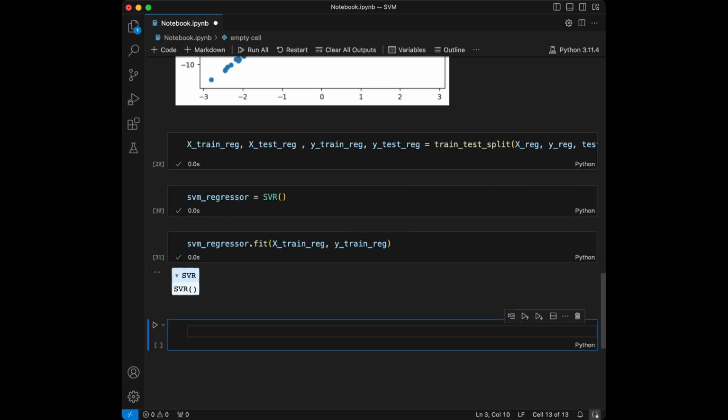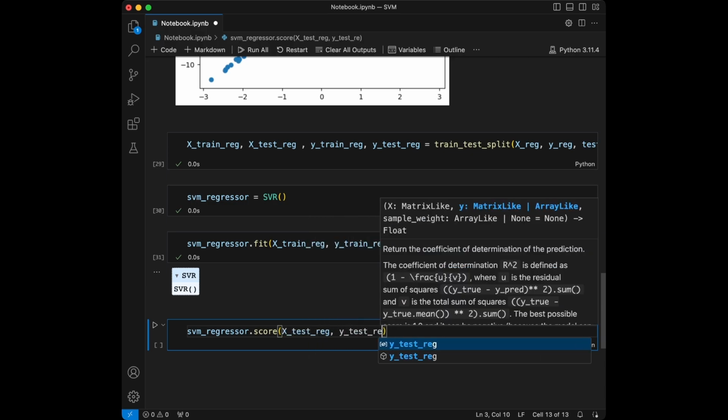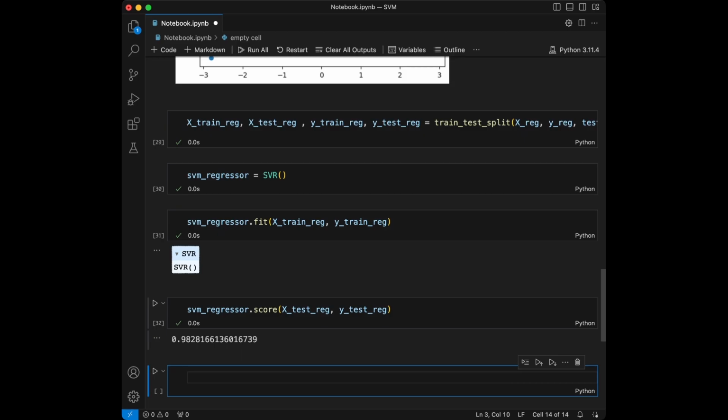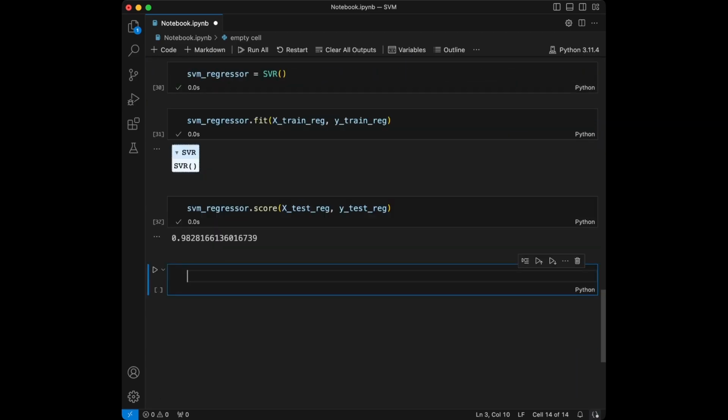After that we are going to have a trained model, and let's get the R-squared score. So we will say support vector machines regressor .score, and we will say xtest regressor and ytest regressor. So this is an amazing R-squared score. Since our data is basic like that, I think it's because of that, and it's a really good R-squared score. By default, if you use score, it will give you R-squared in regressor, and it will give you accuracy score